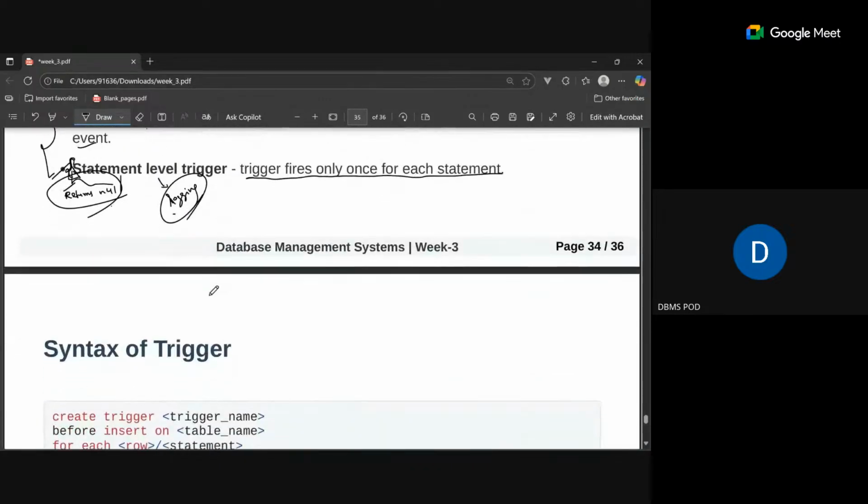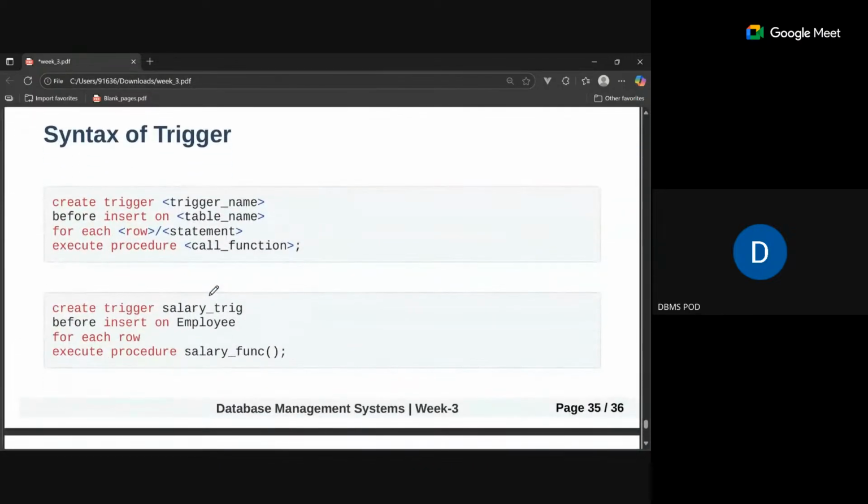Okay. Let's see the examples. So this create trigger is